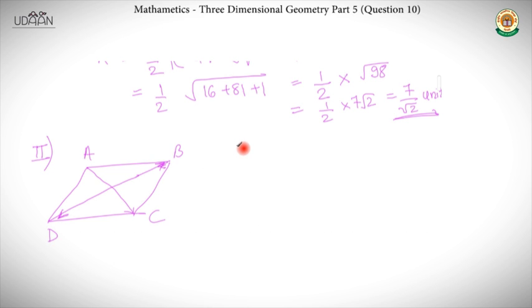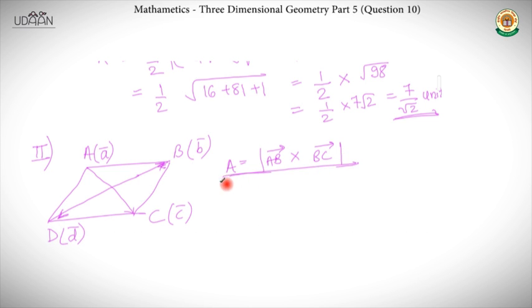Here it was given AC and BD. Now let's say A has position vector A, B has position vector B, C has C and D has D. So the area of the parallelogram is directly given as AB cross BC. This is a direct formula. Everyone remembers this, it's a very standard formula, so there's no need to tell you to remember it. It's understood that you must be remembering this. So this is again mod of B minus A cross C minus B,